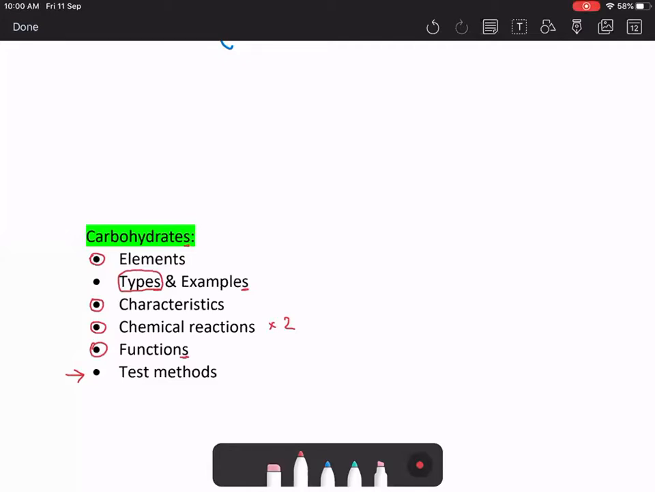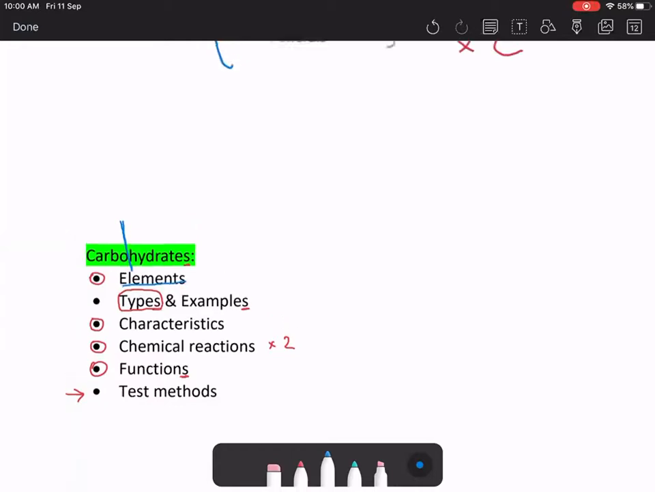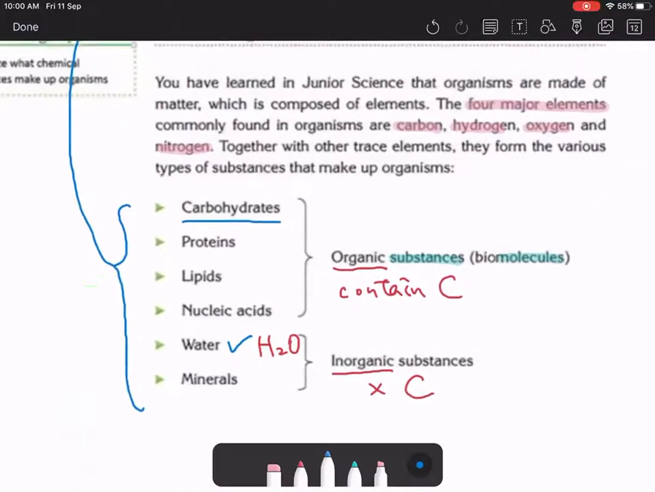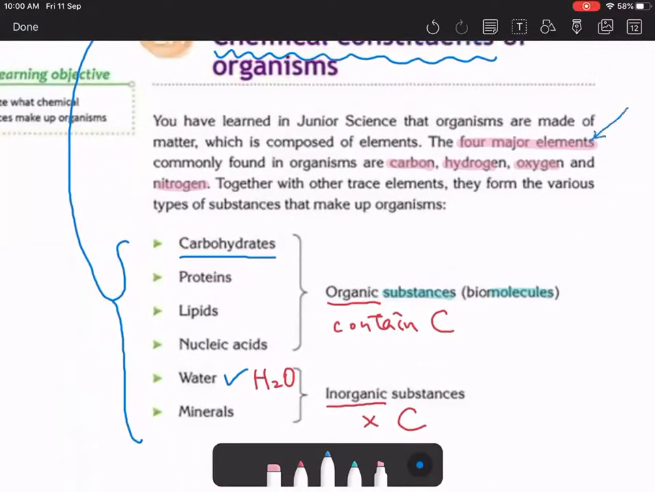Now, first of all, I want to explain the element first. Carbohydrates. Carbo. Please type in the chat box. What element is it coming from? Carbo should come from which element? Please type it in the chat box. Now, there are 4 major elements in your body. Carbo should refer to